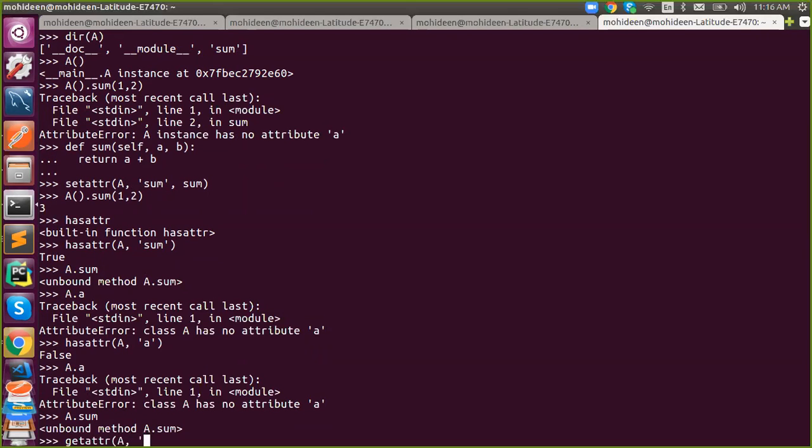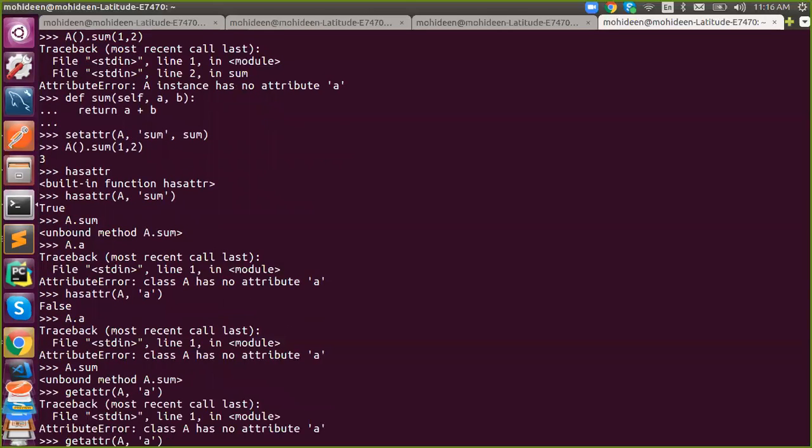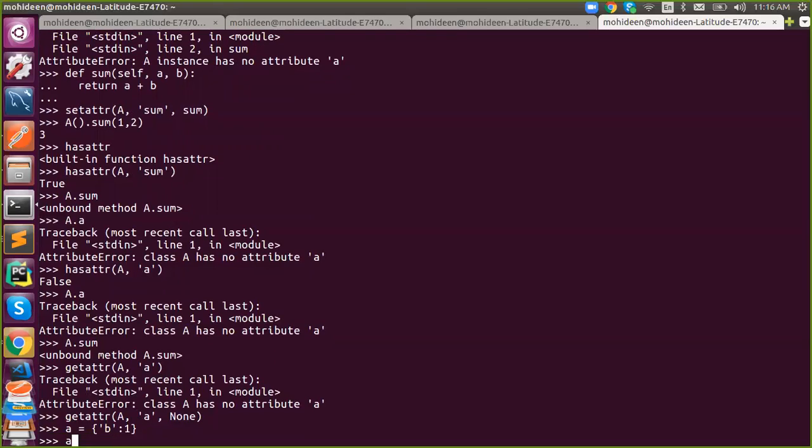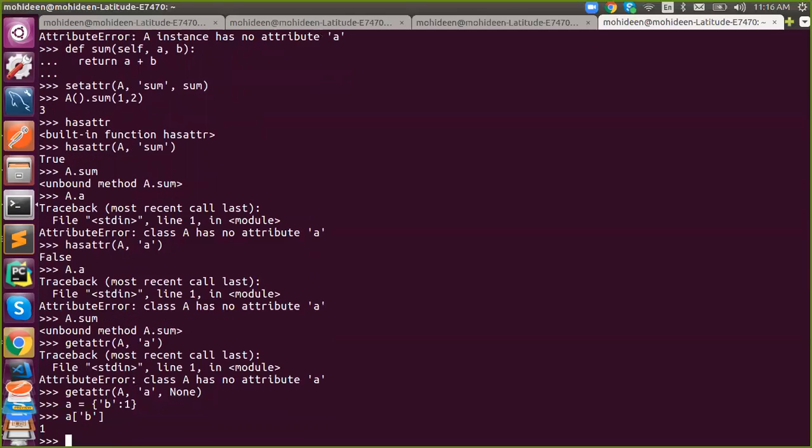Just say class A, and if it is not there, you return none. Got it? The third option is something like a dictionary. In a dictionary, we have the .get method, right? So we can use it directly, like A of B. If it exists, you will get some results. If it is not, what happened?